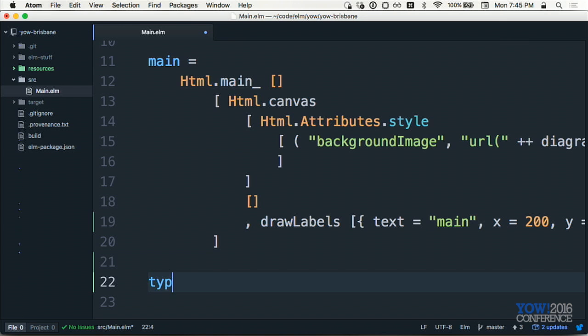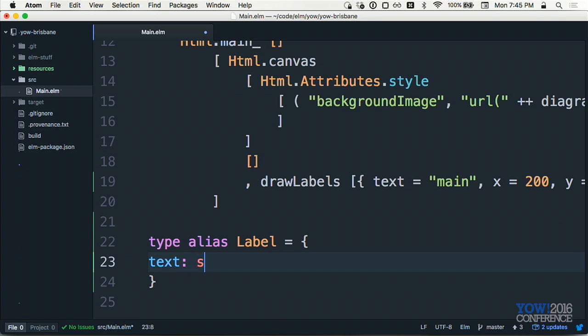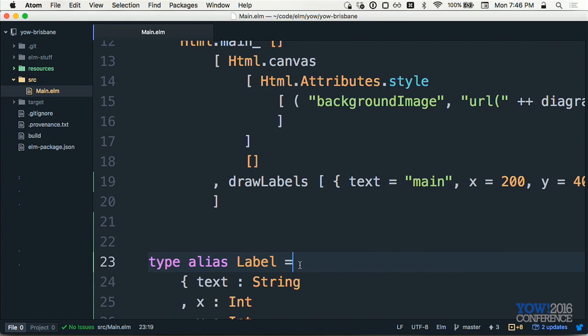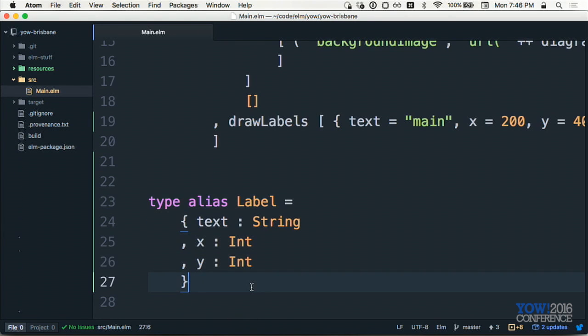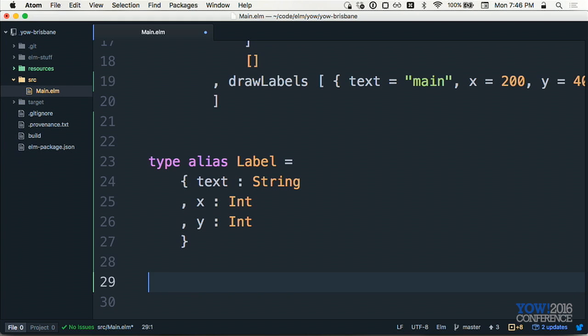And I could give that a type. So I could type alias Label. It is a text string, an x, which is an int, and a y, which is an int. See, you can totally have no errors in Elm, but you will still get bugs because x and y are both integers, and I mix them up all the time. Now, when I hit save here, we're actually,